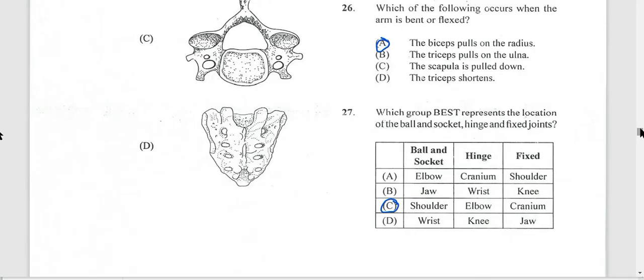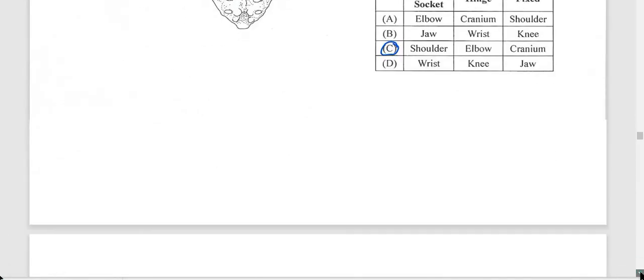Moving on to question number 27. Which group best represents the location of a ball and socket, hinge and fixed joint? Somewhat changed, but pretty much brings out the same concept. The answer here is going to be C: shoulder, elbow, and of course cranium. Fixed joints are joints that cannot be moved. Then we move on to question 28